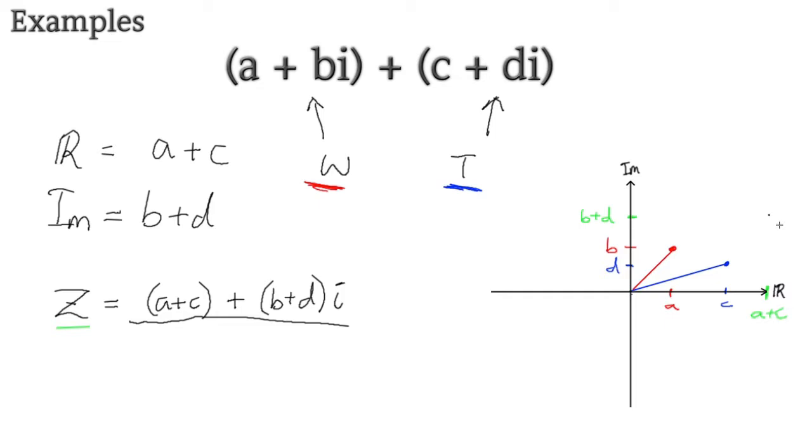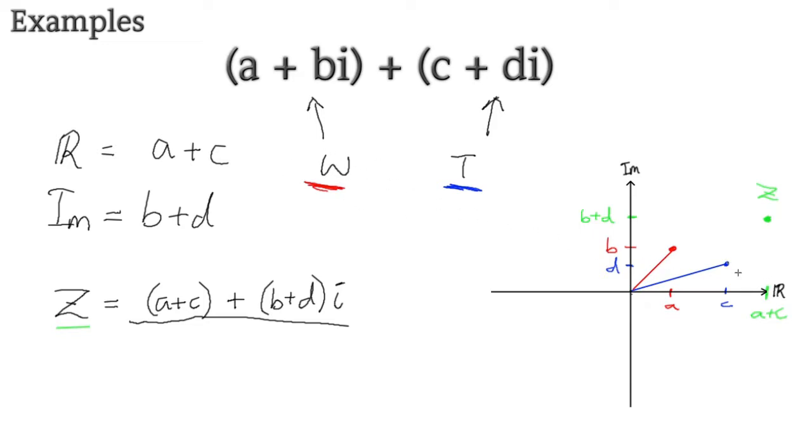This will not be to exact scale, but if you do it on graph paper, then it should make sense. So we've got z over here, and it turns out if I pull another w from the end of t,